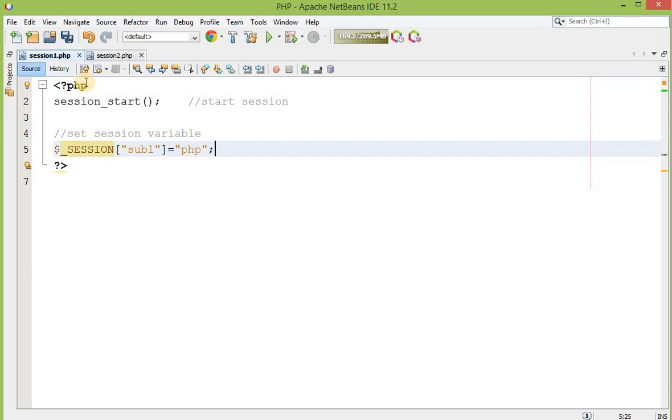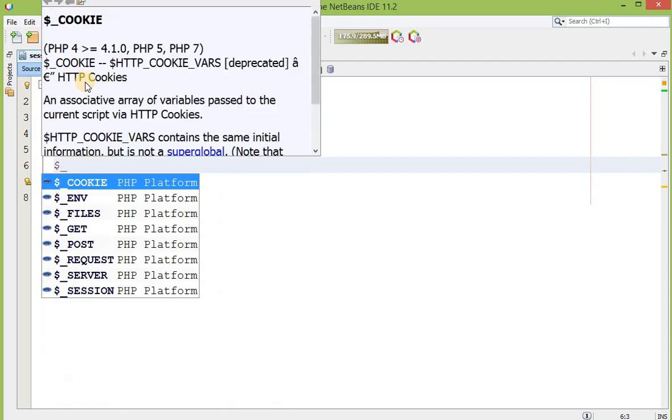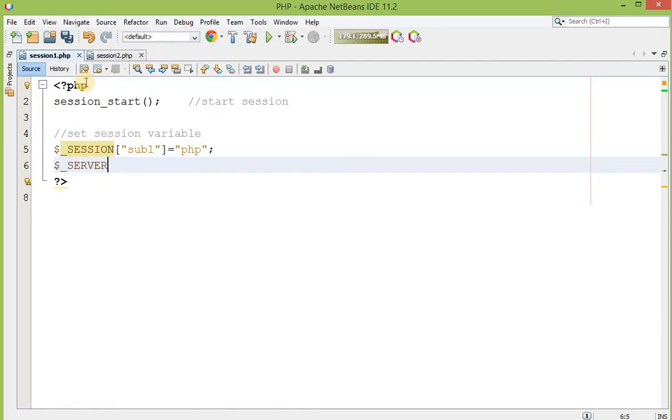Now after that I am going to create another session variable, not $_SERVER, it's $_SESSION, subject2 is equal to, let's say, Java. So we have set our session.